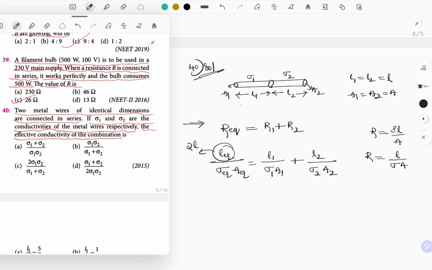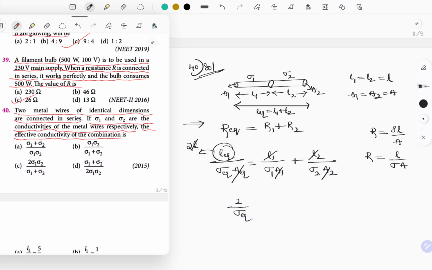So observe here, L equivalent in the sense total length of this conductor is L1 plus L2, right? As L1 and L2 both are equal, we can replace it as L itself. As L1 and L2 both are same, so we can cancel them. L will get cancelled. What about A equivalent? Area of cross section doesn't change, so it will get cancelled out. So what I am left with, 2 by